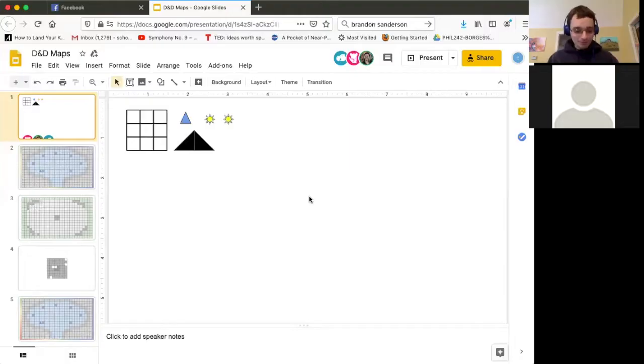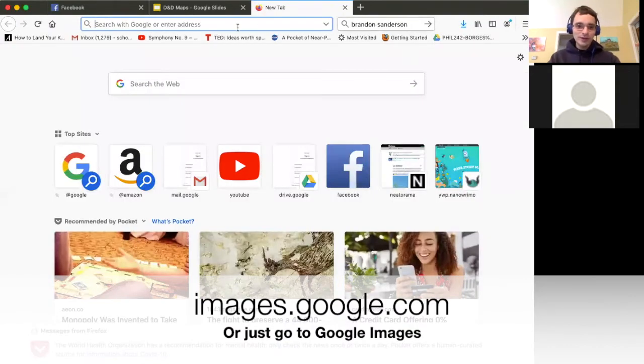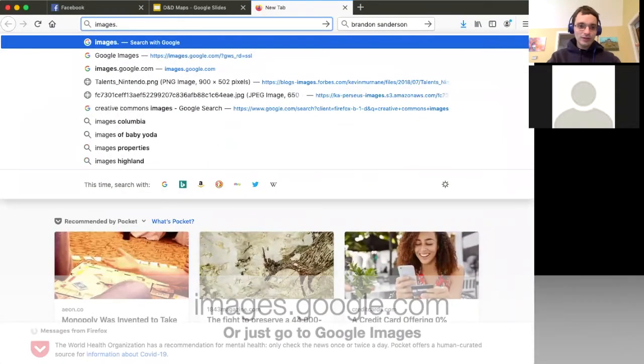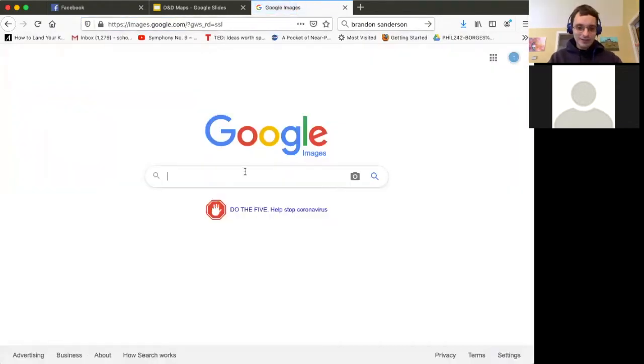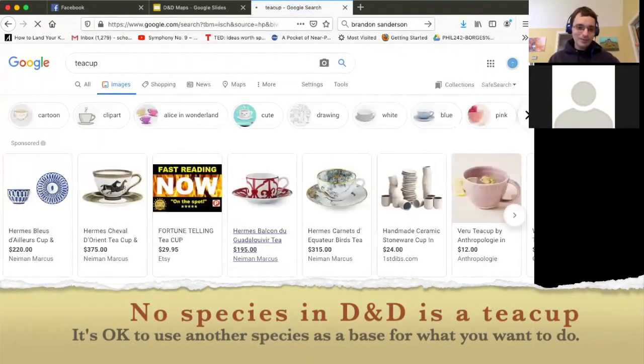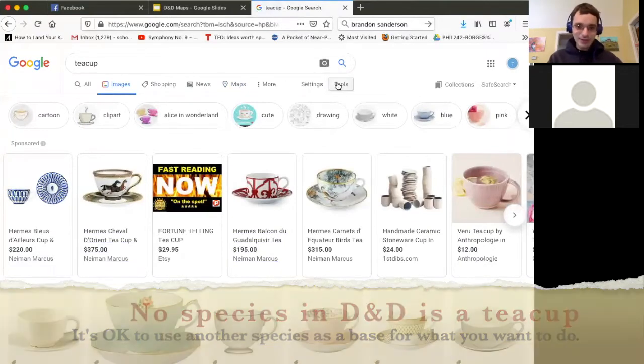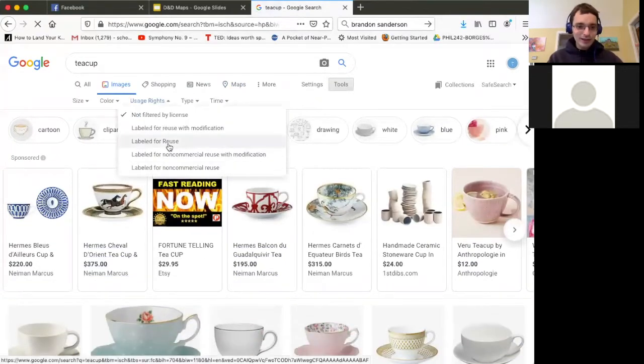In this clip, I'm just sort of making my character online for the one we're using. This will give you an example of how that can work. So we are now making our characters. I could make a symbol, but actually what I'm going to do is go to images.google.com, and my character is a teacup. He's a teacup genie, but teacup. Then I'm going to go to Tools, Label for Use,